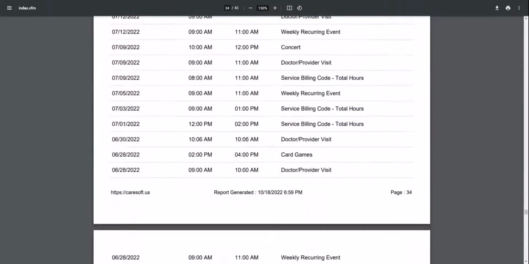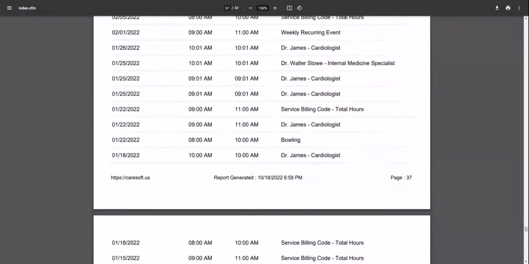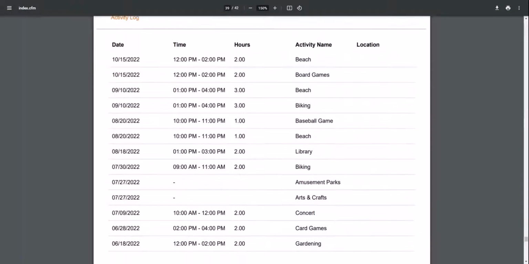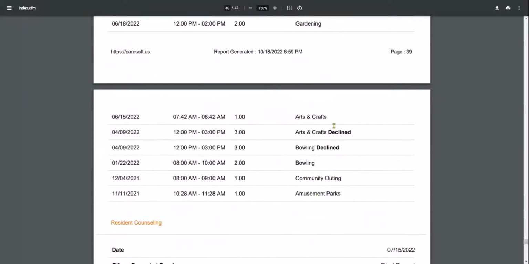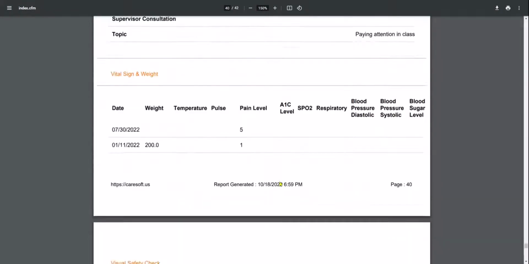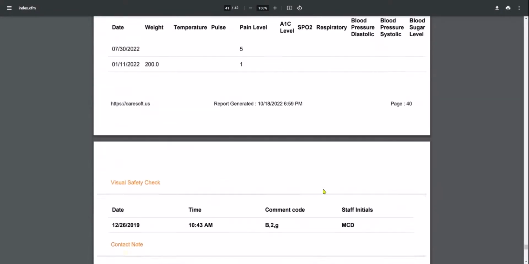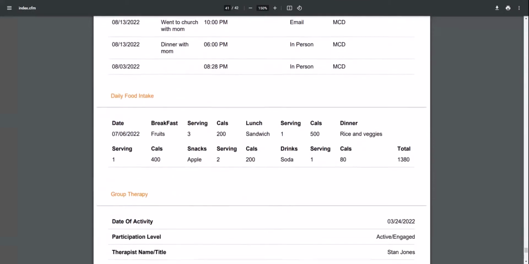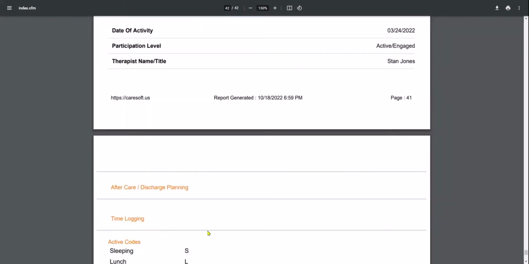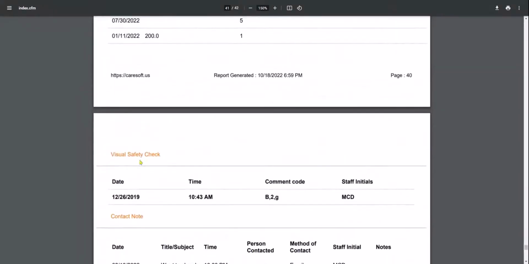You can see, I'm just scrolling through here. Activity logs, whether or not the activities were declined as well. You can see counseling sessions, visual safety checks, vital signs and weight, contact notes, daily food intake, lots of options, right? So you even have these activity codes where you can actually track time logging as well, and that can